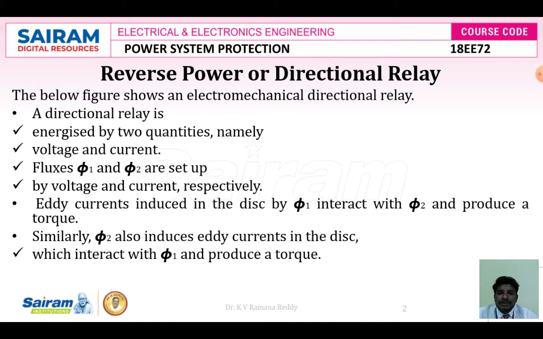A directional relay is energized by two quantities, namely voltage and current. The fluxes phi1 and phi2 are set up by voltage and current respectively. Here, eddy currents are induced in the disc by phi1 at the top of the aluminum disc and phi2 at the bottom of the aluminum disc. The interaction of these two fluxes, phi1 and phi2, produces a torque. Similarly, phi2 also induces eddy currents in the disc which interact with phi1 and produce a torque. Therefore,